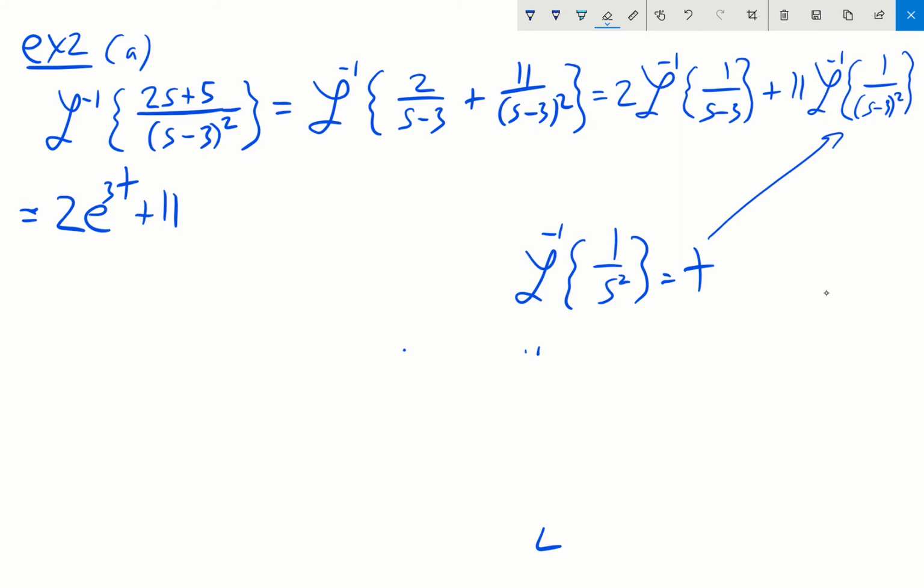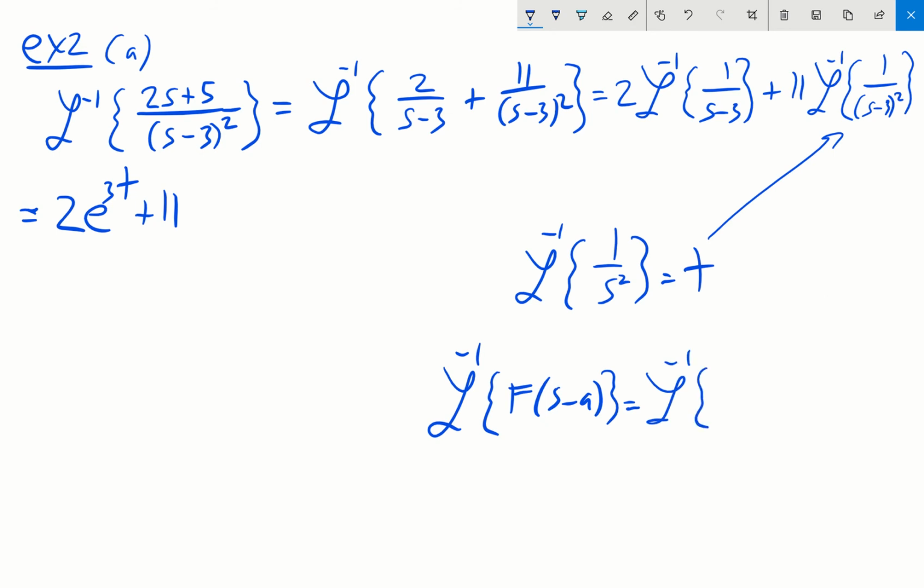This was the inverse of what we called Theorem 7.31, and it said the following: the inverse Laplace of F of (s - a) is equal to the inverse Laplace of F of s, with the translation s goes to s - a,